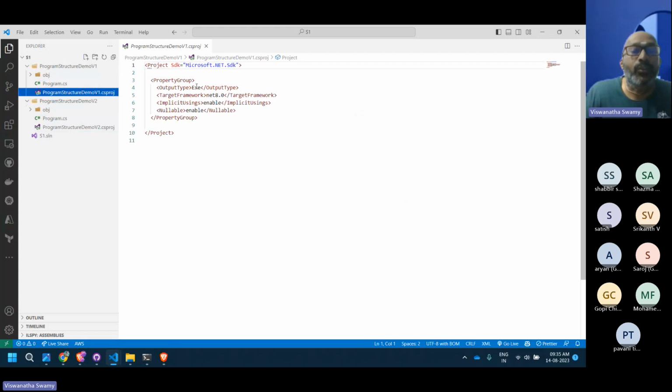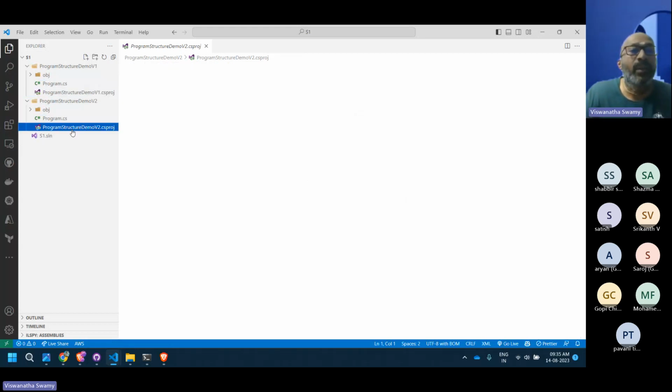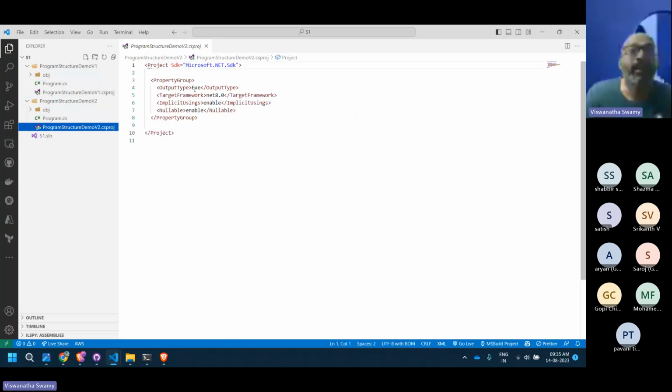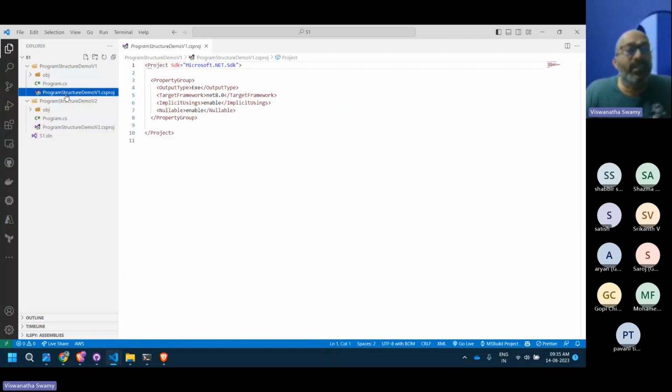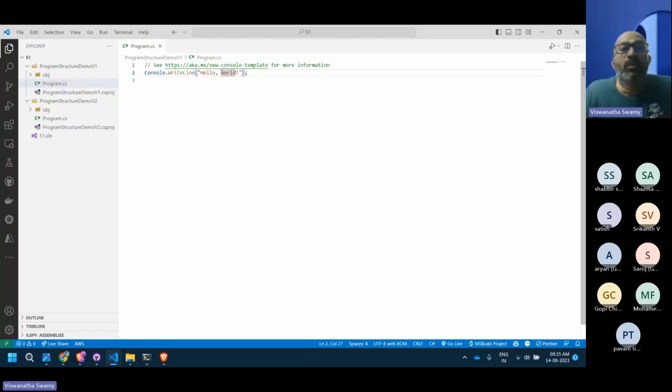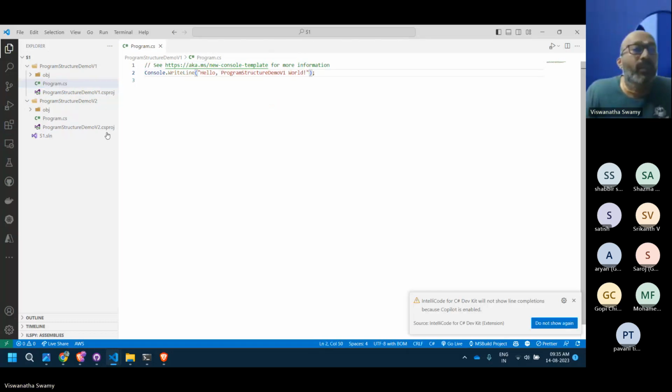The type is executable and it is in .NET 8, and this one is also .NET 8. Both are the same and both projects have been added to the solution S1. We'll add one small line just to differentiate when we are executing. I'm calling it hello, the project name.